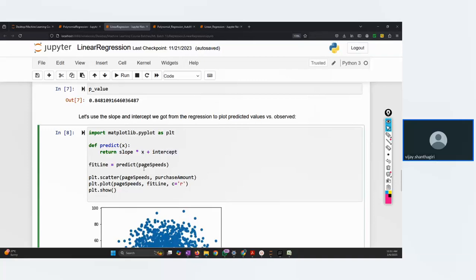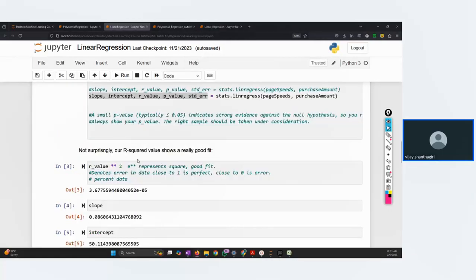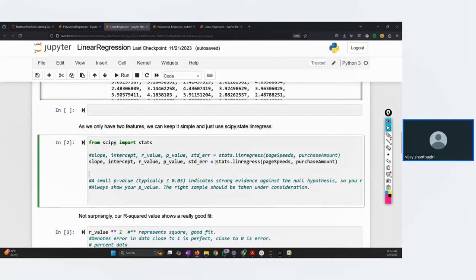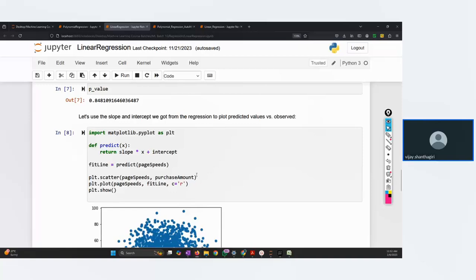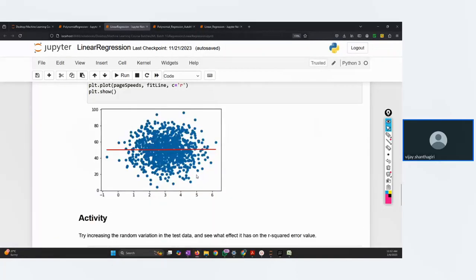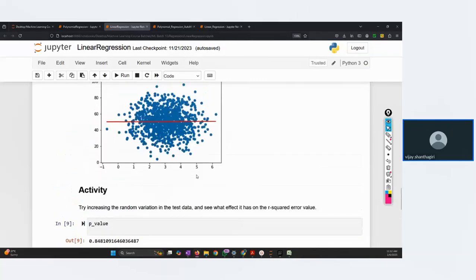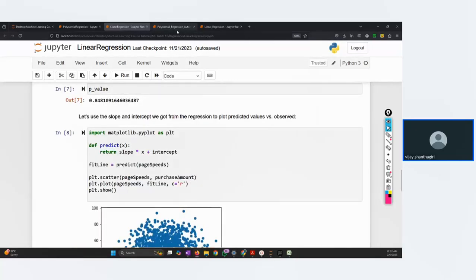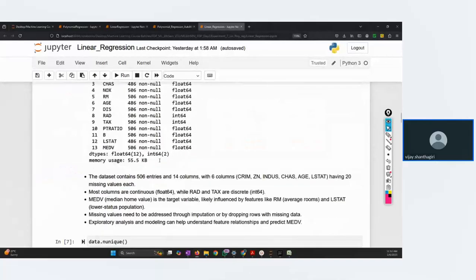There is no linregress. This is a function, and linregress gave me all these values. We did a linear regression, and from linregress I just got this. I got slope, intercept, r value, p value, standard error. Fine. So I get this one, but also I think I can do another thing directly when you build a linregress, here in the example that we have built for